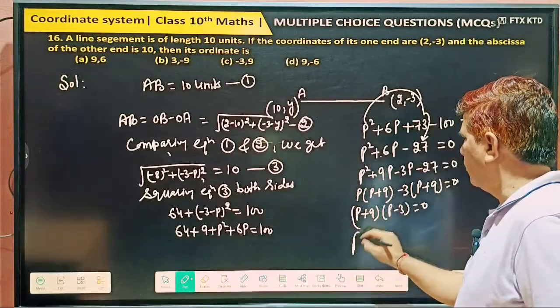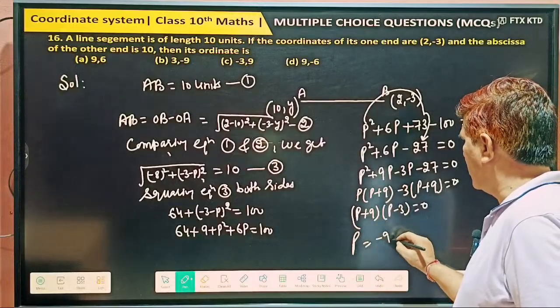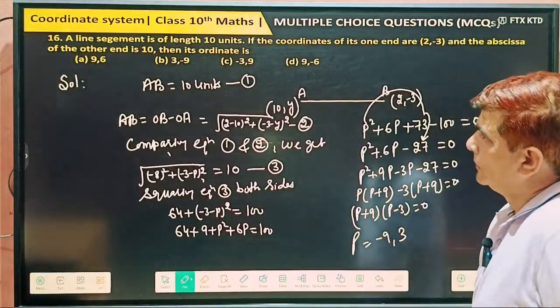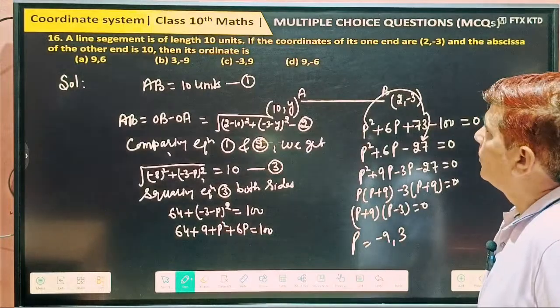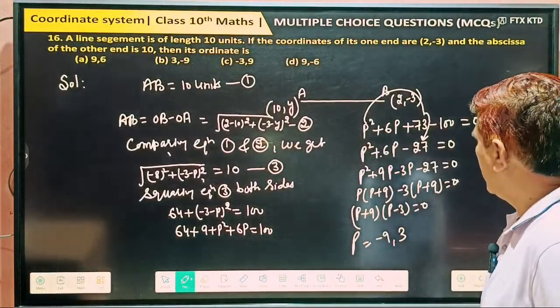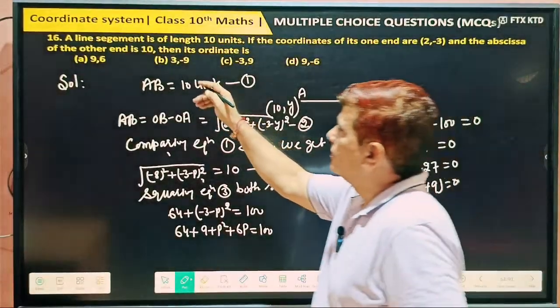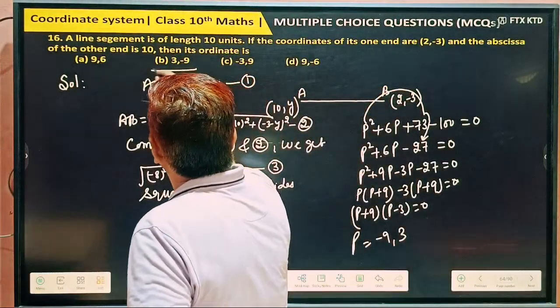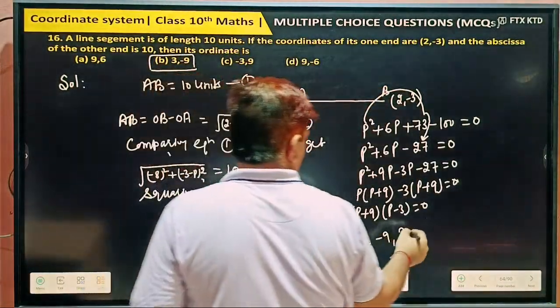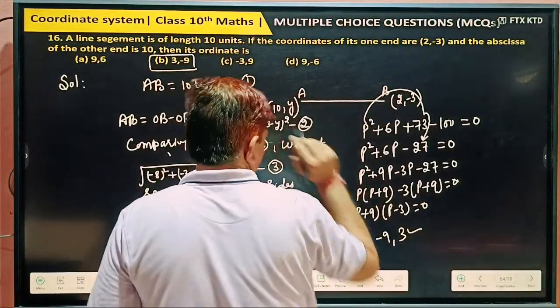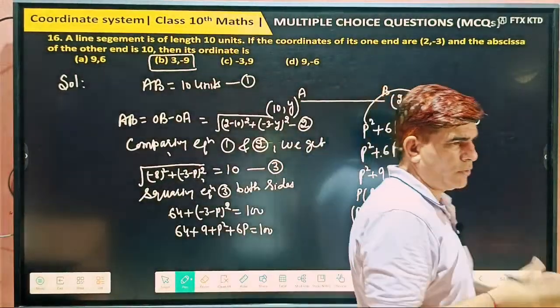So what are the values of p? p equal to minus 9 and 3. Anyway, p values minus 9 and 3. Check one time. This b. p value 2 given, 3 given and minus 9 given. What may be the order? First is minus